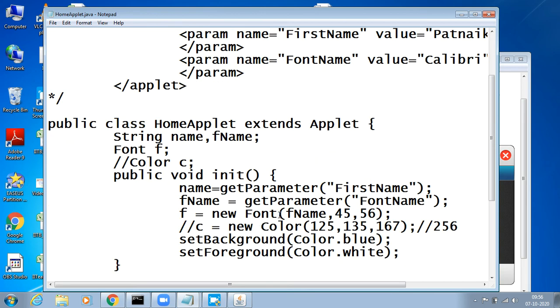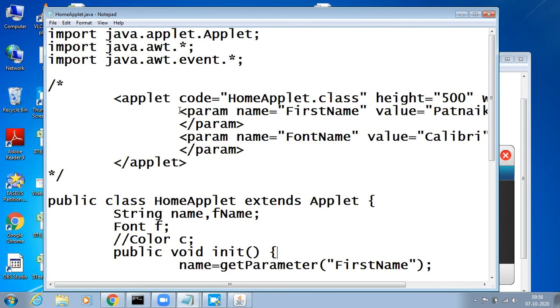Actually, very good question you have asked. See, generally why we have to give it like this is, at times when we're doing real-time applications, we may not do a single applet. We may do multiple number of applets, say thousands of applets. For example, I want to apply all the applets with the same kind of properties. I want to apply the same kind of server configuration details. I want to apply the same kind of database connection values.